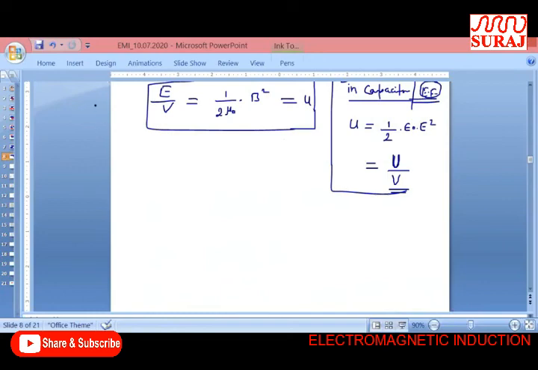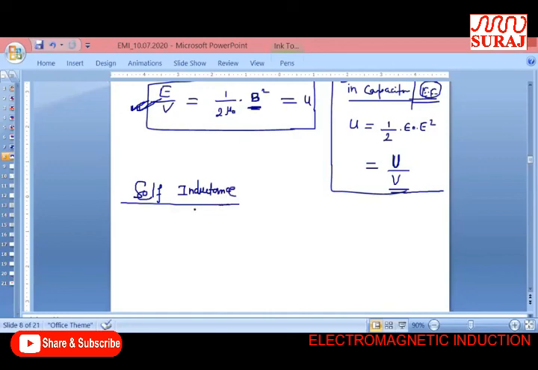Remember this, very useful. Questions are asked directly on this formula, and in NEET they will simply give you a solenoid. The number of turns will be given, like 100 turns per meter, and the current will be given. So you find the magnetic field, put in all the values and get the answer. So this was it about self inductance.